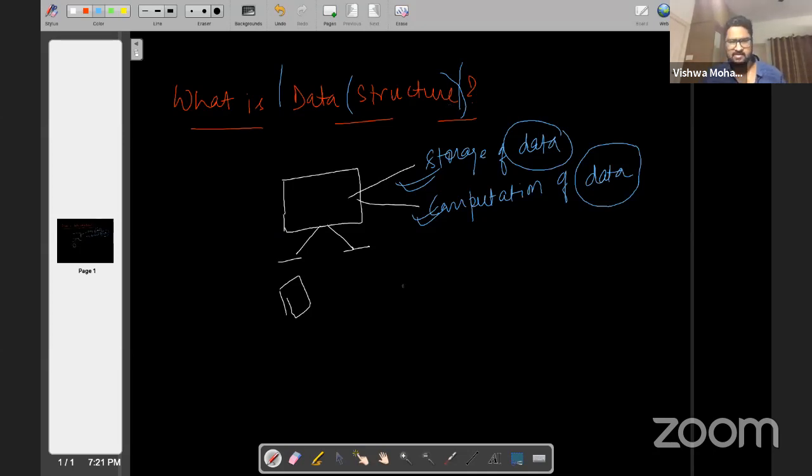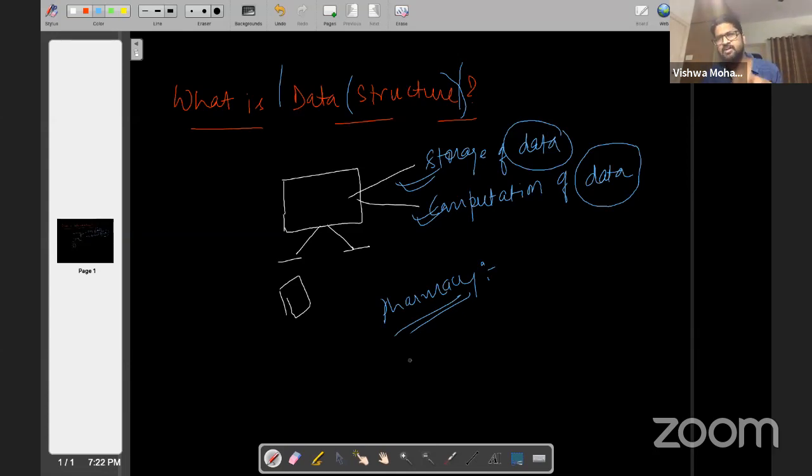Take for example, again, suppose you go to a pharmacy shop and you look for a particular medicine. What does the pharmacy person do? He goes to a particular rack, a particular section based on the alphabet, and figures out where that medicine is and gives it to you. It's very simple. But suppose the pharmacist has not arranged all the medicine in a proper order. If all the medicine has been thrown into a single room, can you imagine that person being able to get you that medicine in time? No, it's not possible, right?